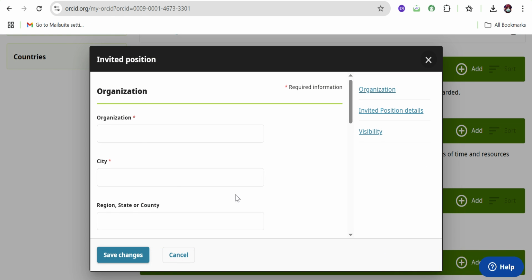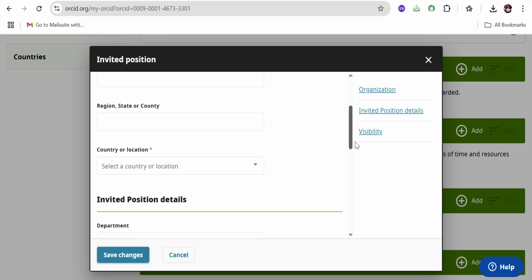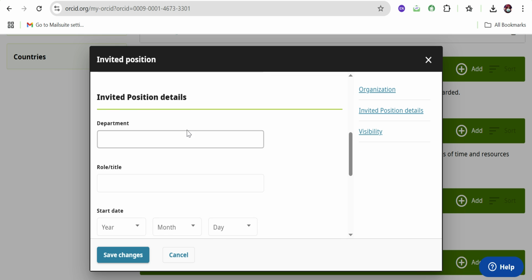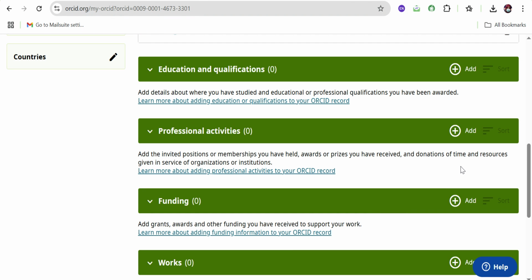So if I click on add invited position, you need to complete the details, like which organization invited you, where it is located, its city, what kind of invited position it is, and what the role of your invited position was, and all these things. Okay, same in the case of